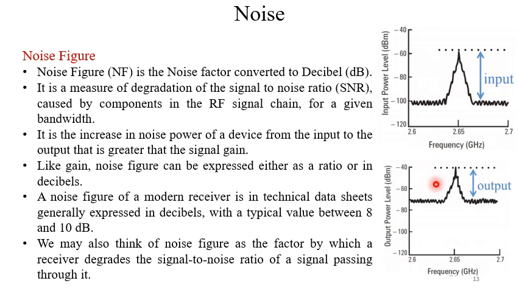But at the output side, as you can see, the signal power is minus 60 dBm almost. So in the receiver you can amplify it, so it becomes minus 40 dBm. Signal power becomes minus 40 dBm, enhanced by nearly 20 dB. But along with the signal, noise also gets amplified. Not only that, new noise will be added by the system. So now this noise is nearly minus 70 dBm.